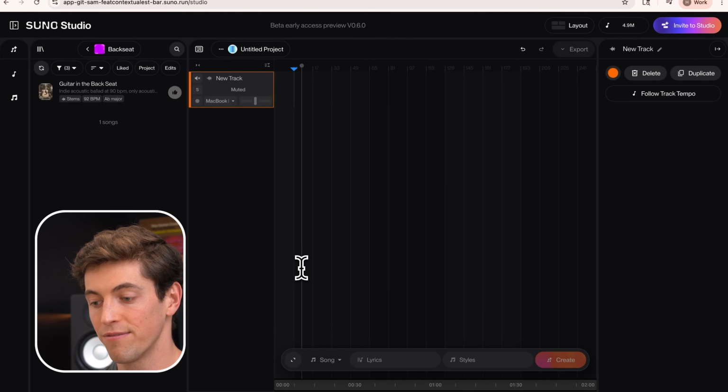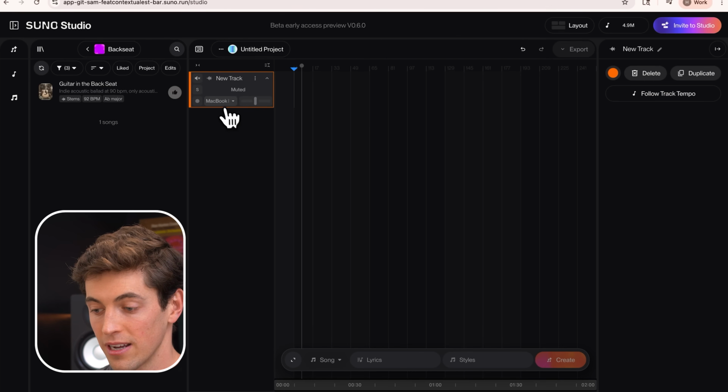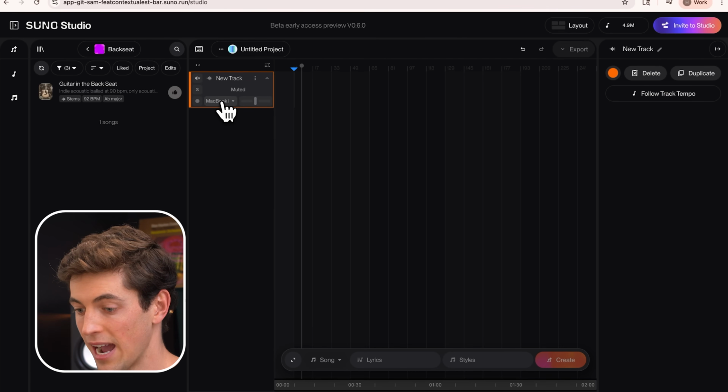Welcome back to Studio Fundamentals. Today we're talking about how to record audio directly onto the timeline. And for this one, I recommend a pair of headphones. So I have a blank project in front of me right now, and you can see that there's just one track here. The first step is to click this little drop-down menu at the bottom of the track and select